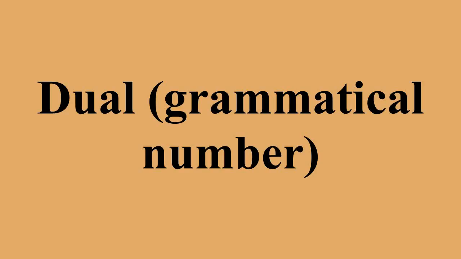Dual is a grammatical number that some languages use in addition to singular and plural. When a noun or pronoun appears in dual form, it is interpreted as referring to precisely two of the entities identified by the noun or pronoun. Verbs can also have dual agreement forms in these languages. The dual number existed in